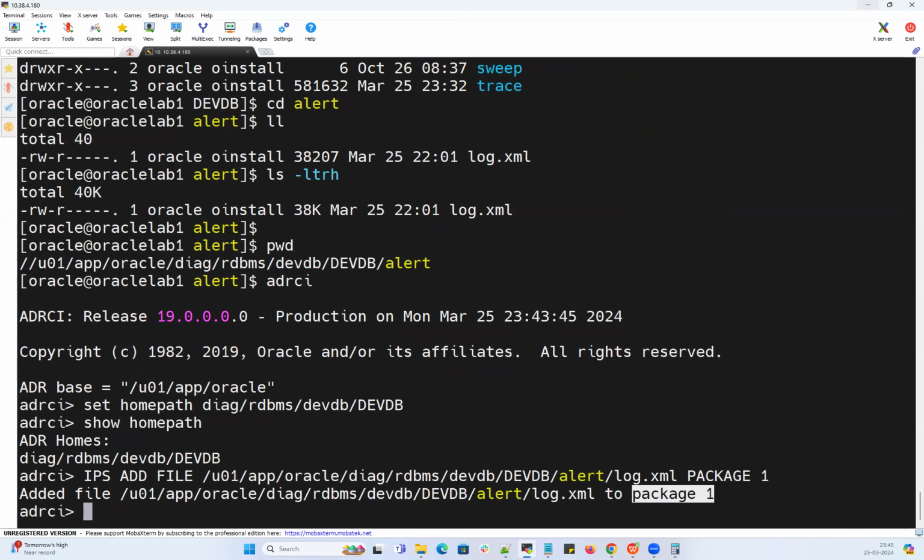Fair enough. Now this is the empty package we created earlier. After that, we can keep on adding the incidents, log files, alert files into that same package. Now I can generate a file, like same command. I can say IPS generate package 1